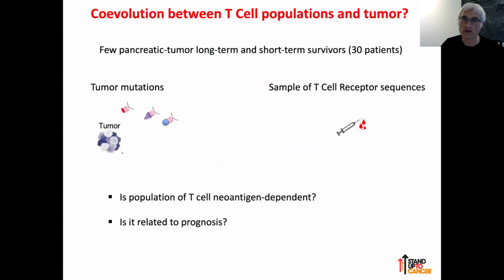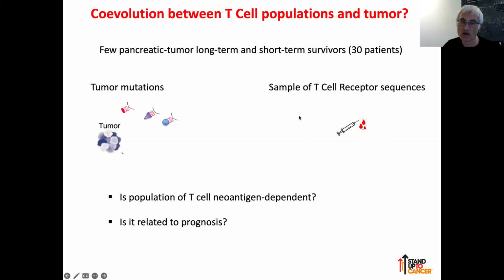Essentially the data we had access to, thanks to a group in New York, at Memorial Sloan Kettering Cancer Center, were data about 30 patients, where there were a few pancreatic tumor long-term survivors and more short-term survivors. For each one of these patients, due to surgery, we had access to the tumor mutations. And we had also access to a sample of T-cell receptor sequences, which were obtained by actually sampling the blood